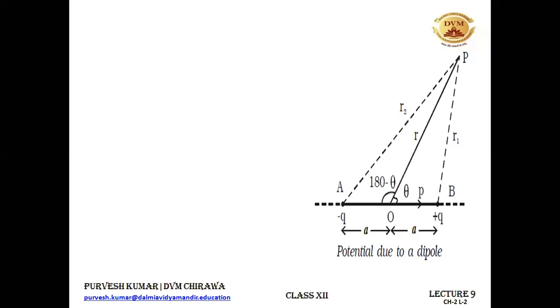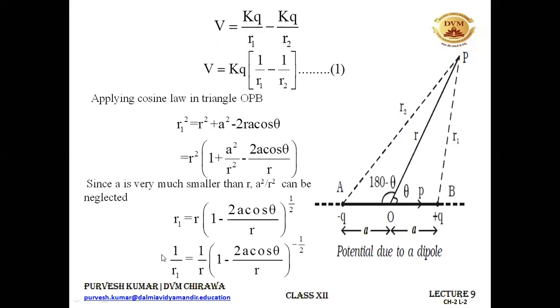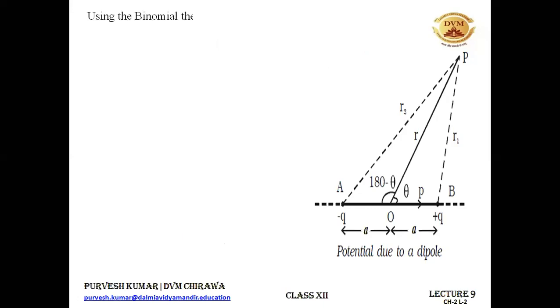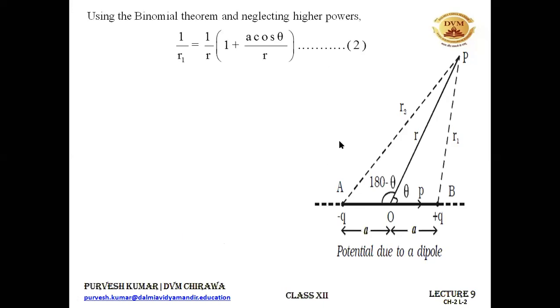See this equation again? I do hope that you have written it in your notebooks also. So when you multiply this complete quantity with minus half, this 2 gets cancelled out with this 2, and this minus and this minus becomes plus. So you are left with 1 upon R, and inside the bracket 1 plus a cos theta upon R. All right. So that's what I have written over here. So 1 upon R1 is equal to 1 by R, and inside the bracket it is 1 plus a cos theta by R.